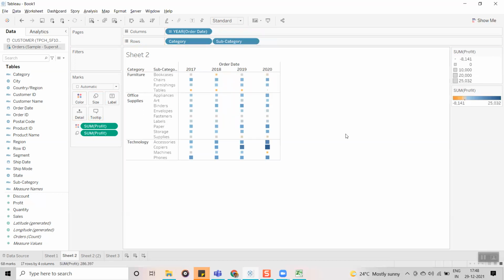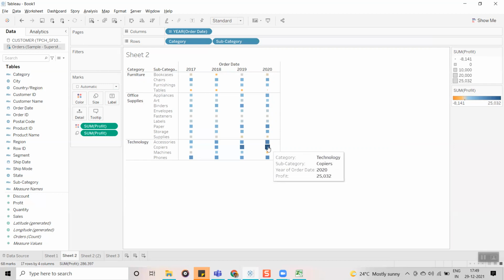Now you can see, guys, this is the visualization. By looking at this visualization, the customer will come to know that wherever he can see this orange, right, these are the negative profit subcategories. Is it correct or not? Guys, are you able to understand, or is it kind of clumsy for you? Now by looking at this, which subcategory under which category is having more sales?